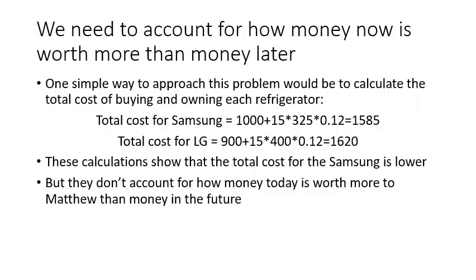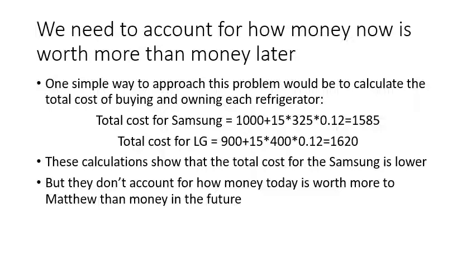Well, we need to account for how money is worth more now than it is later. One simple way to approach this problem would be to calculate the total cost of buying and owning each refrigerator. So the total cost for the Samsung is $1,000, the purchase price, plus 15 years times 325 kilowatt hours per year multiplied by 12 cents per kilowatt hour. So that's $1,585. The total cost for the LG is equal to $900, the purchase price, plus 15 years times 400 kilowatt hours times 12 cents per kilowatt hour equals